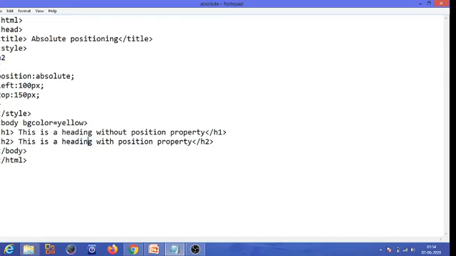Now I'll try to put the absolute position on H1 also. You have learnt in grouping selectors, if I want to give the same property to two elements, I'll just put a comma here and write H1 here. So both H1 and H2 will get position absolute, with a left shifting of 100 pixel and top shifting of 150 pixel. So these properties will be applied to both elements. Okay, I'll save it